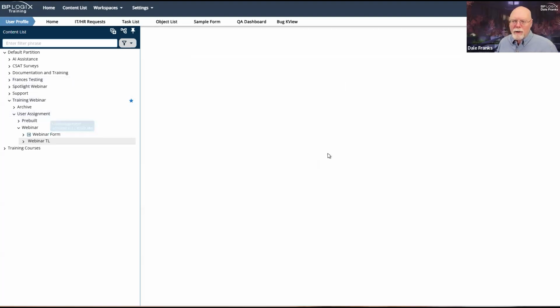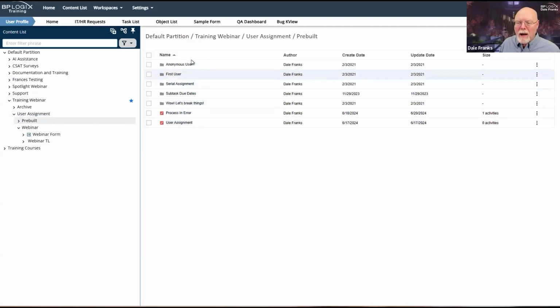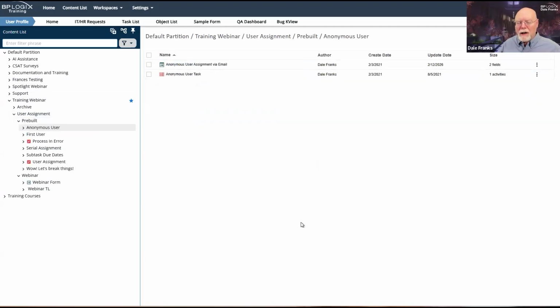When we talk about unauthenticated users, people who don't have a user account in Process Director, they fall into two main groups. There is the anonymous user, which is to say somebody whom we have no clue who they are, and we have no way of identifying them. And then we have email users. Now, email users are not anonymous in the sense that we can't identify them at all, because we do have an email address for them that we can use in the system. We can assign tasks to them, but they will never log into Process Director and they have to be treated specially.